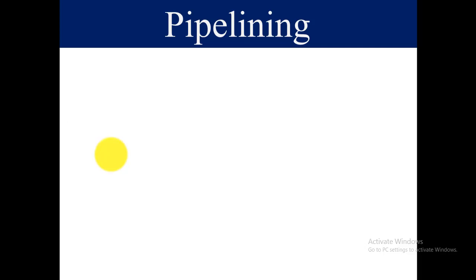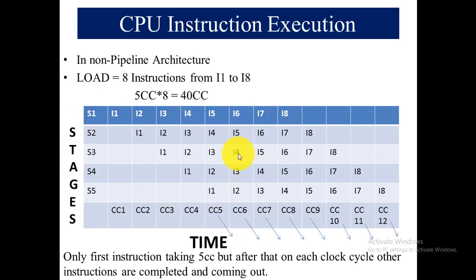Here we can reinforce the concept of overlapping when we talk about the phase diagrams. If instruction 1 is in stage 2, then instruction 2 will be started. So this is overlapping, right? If instruction 1 moves to stage 3, then meanwhile instruction 2 will move to stage 2 and instruction 3 will start. If instruction 1 moves to stage 4, then instruction 2 will move to stage 3, instruction 3 will move to stage 2, and at the same time instruction 4 will be started. So this is the overlapping, where multiple instructions execute at the same time.